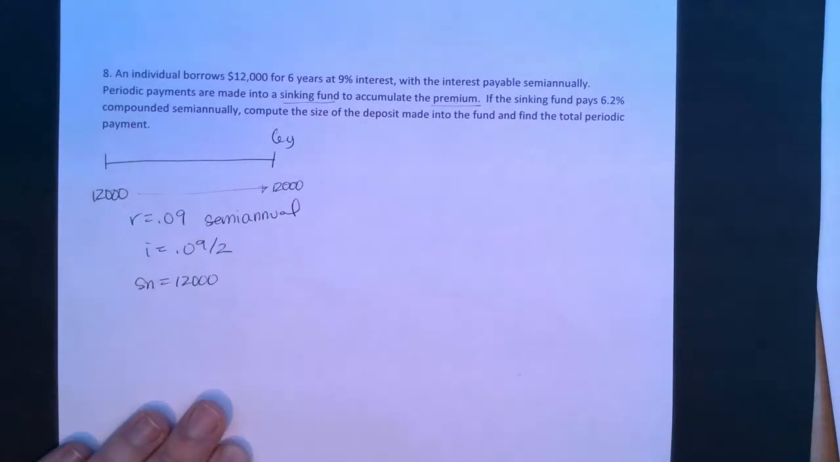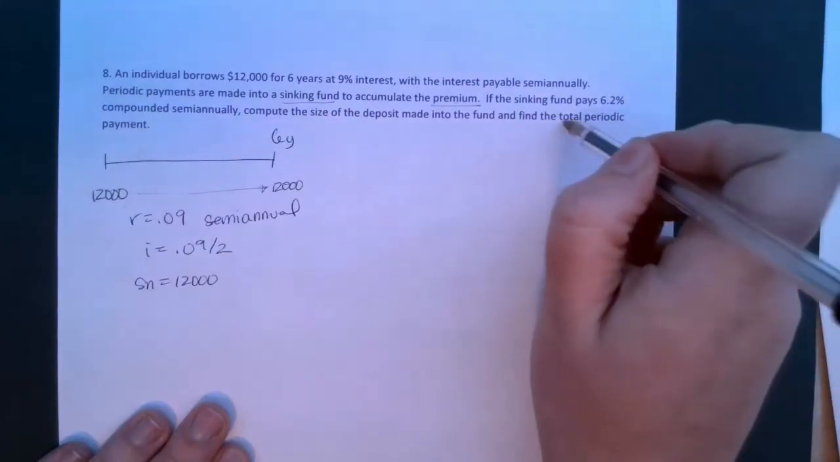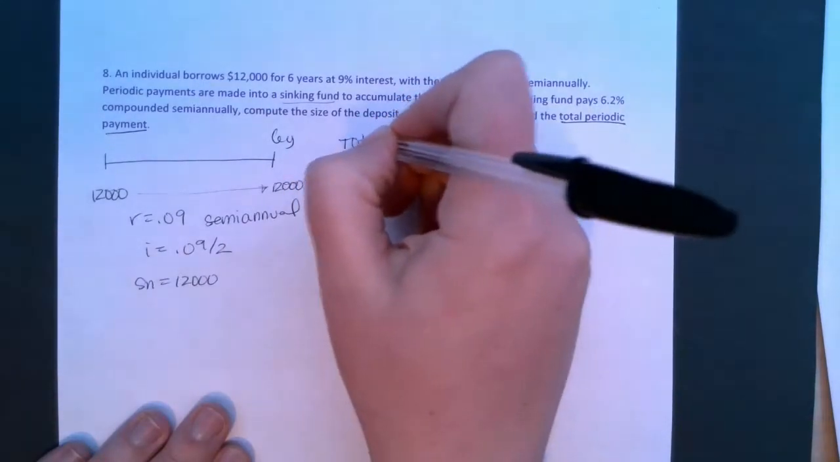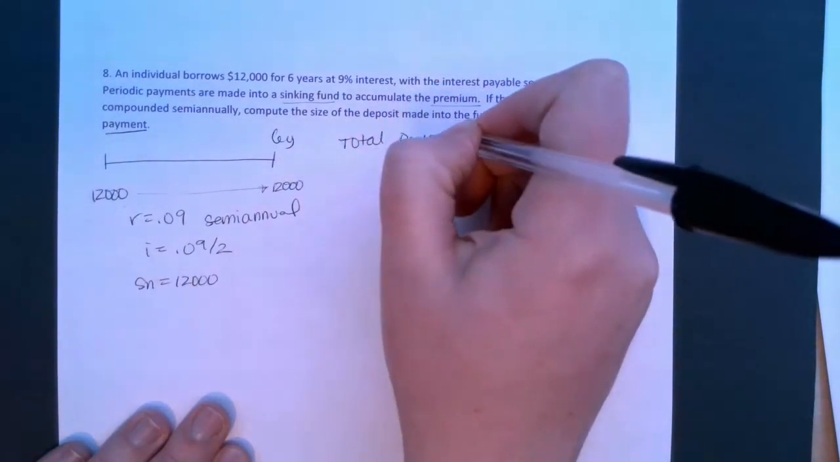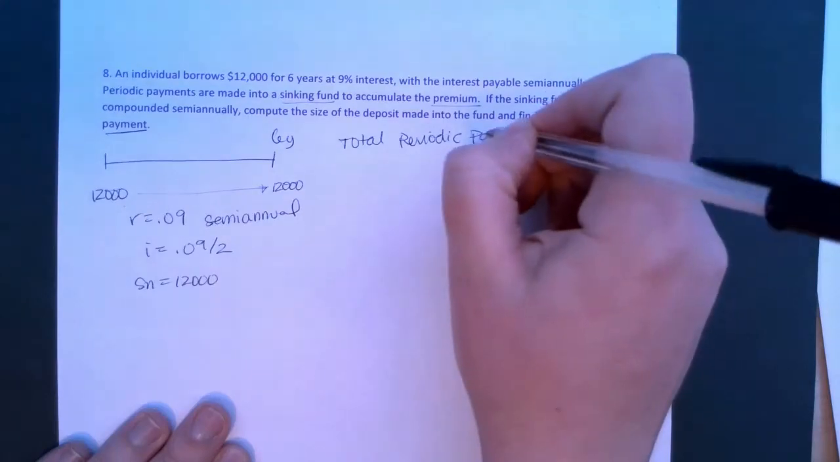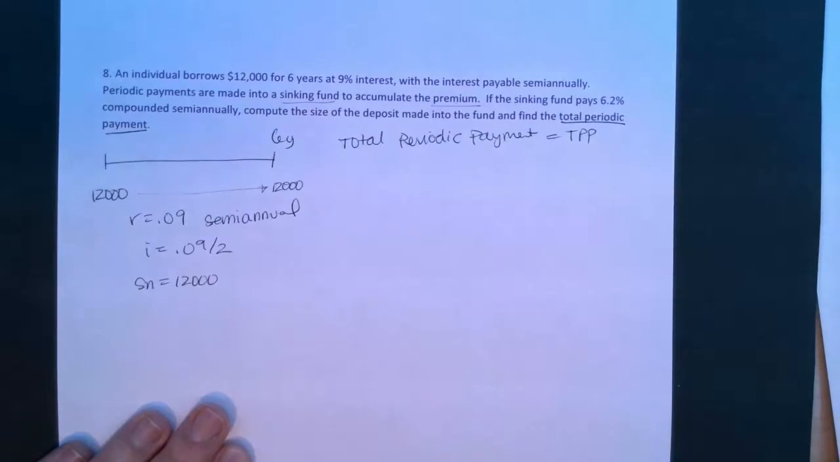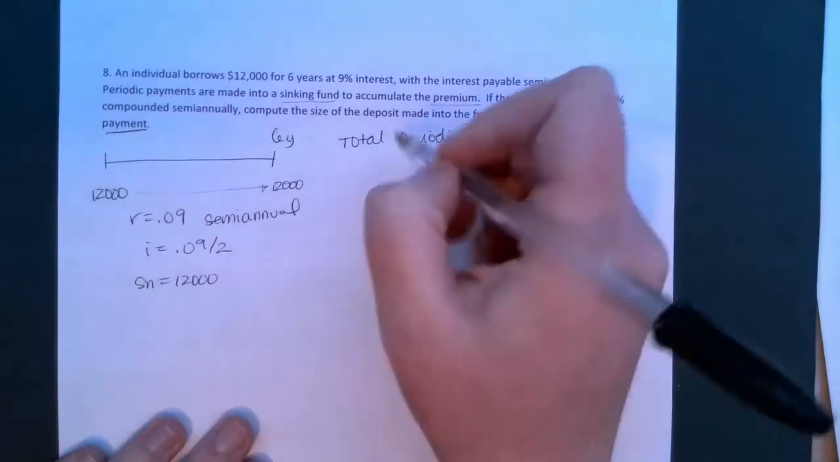The sinking fund pays 6.2% compounded semi-annually, and we want to compute the deposit into the fund and find the total periodic payment. Okay, so this idea of the total periodic payment, which in the key is abbreviated as TPP, just so if you're looking in the back of the book in the key, that's what the TPP means. Okay, this is going to be the sum